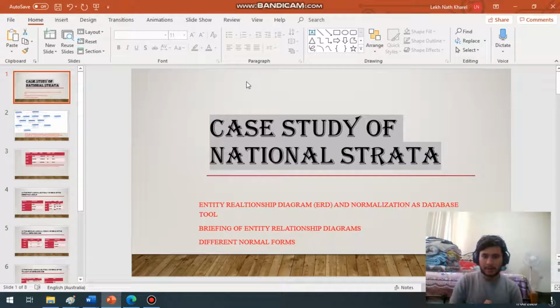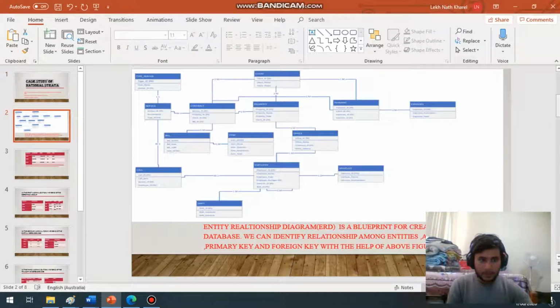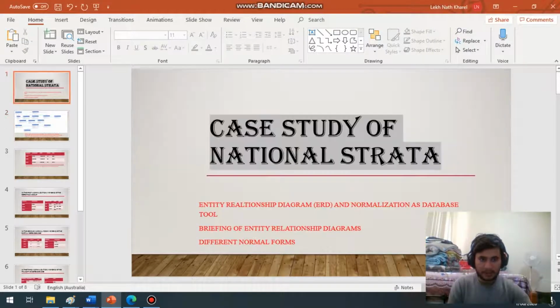So this presentation will talk mainly about the entity relationship diagram, ERD, and normalization as database tools. We will give a briefing of the entity relationship diagram, as we can see in the presentation, and then we reduce the different tables into the different normal forms. So here, look at our first process as a database tool, which is